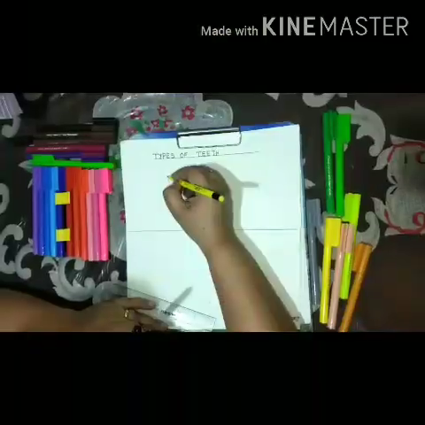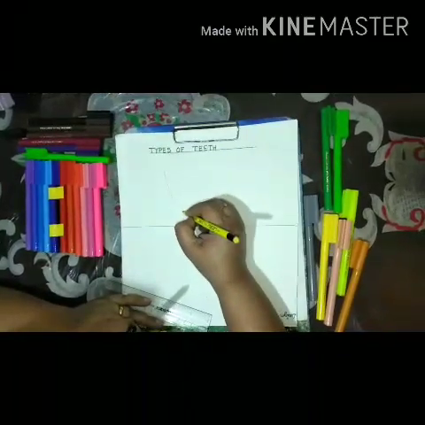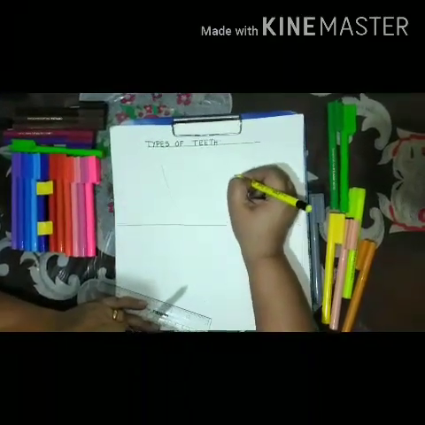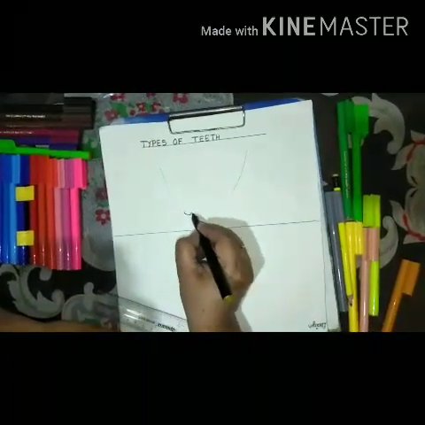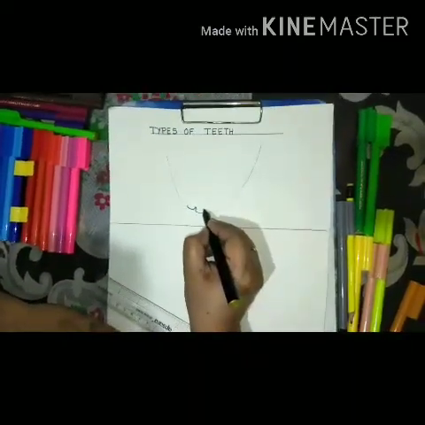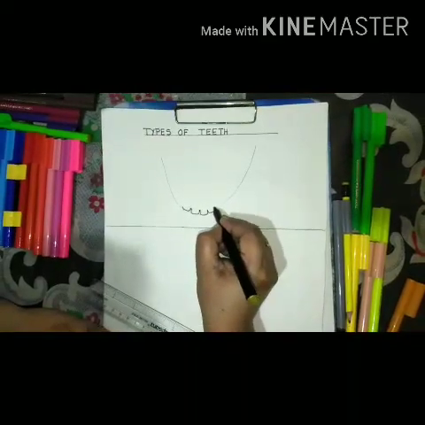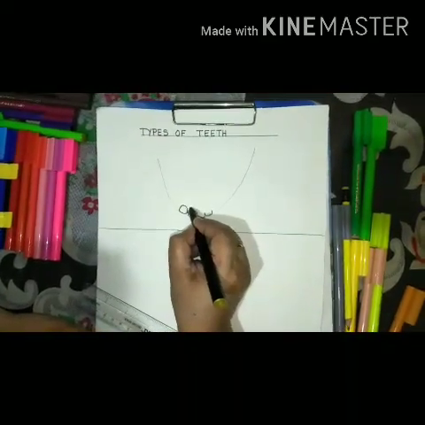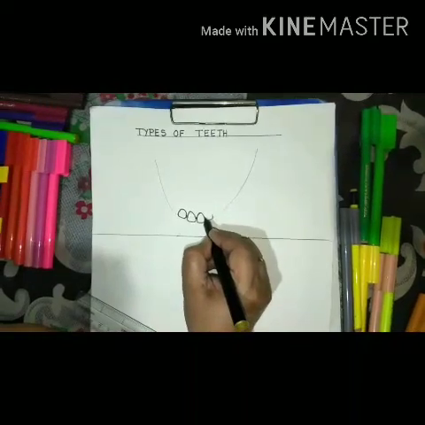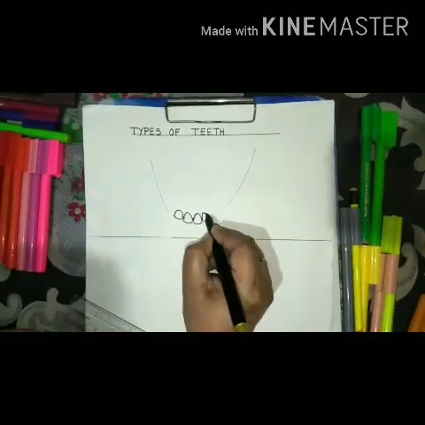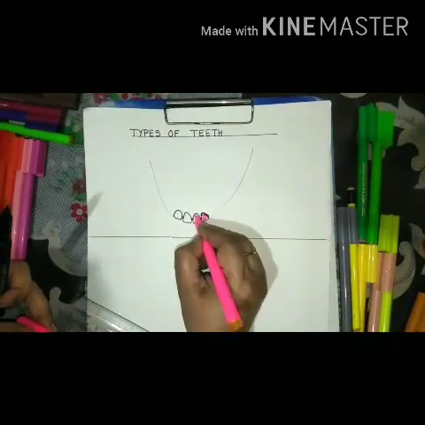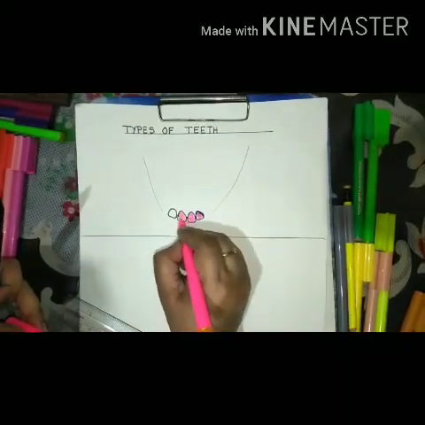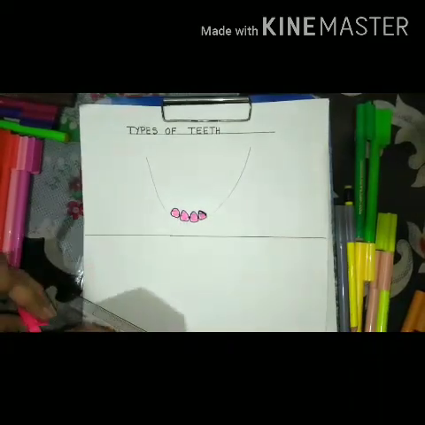So here we go. Now we begin with the kinds of teeth in a mouth, the incisors. We are going to draw now the 4 incisors. The incisors are the front teeth and they are used for cutting the food. They are 4 in number in each jaw. Total 8 are there in the mouth.